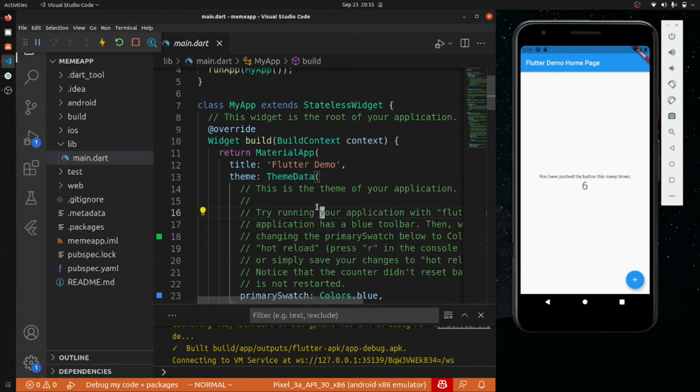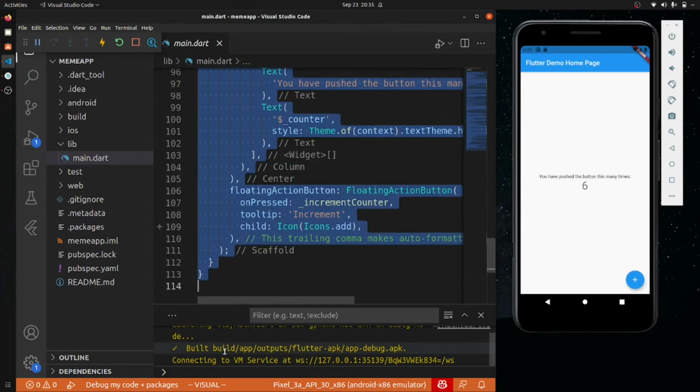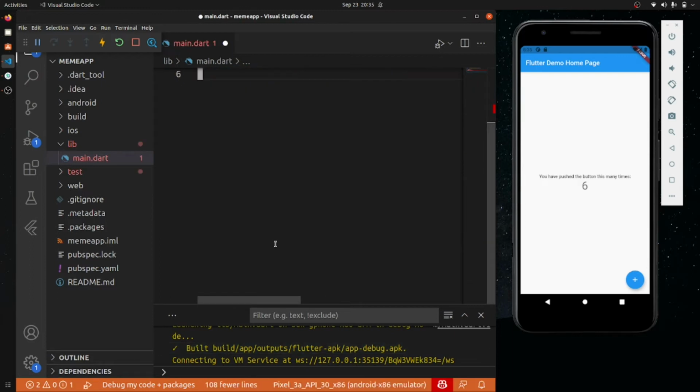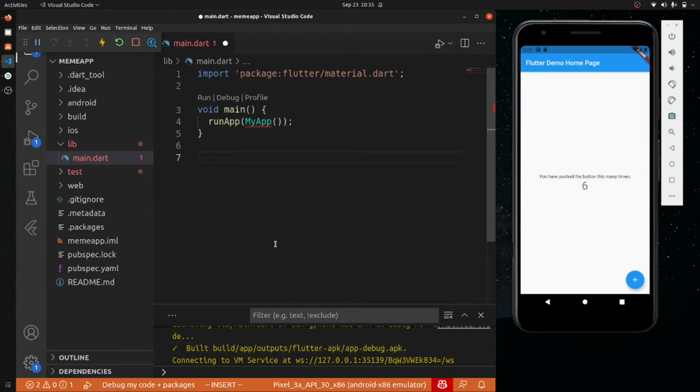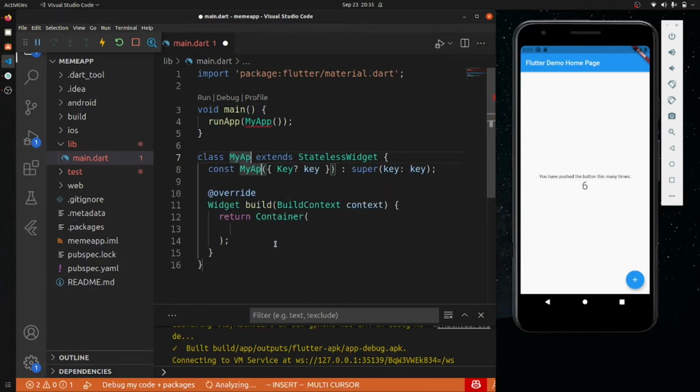First of all, let us create a UI for our application. Let me remove everything, and the main thing is we have to create a stateless widget. It will be my app, and inside this we have a material app.